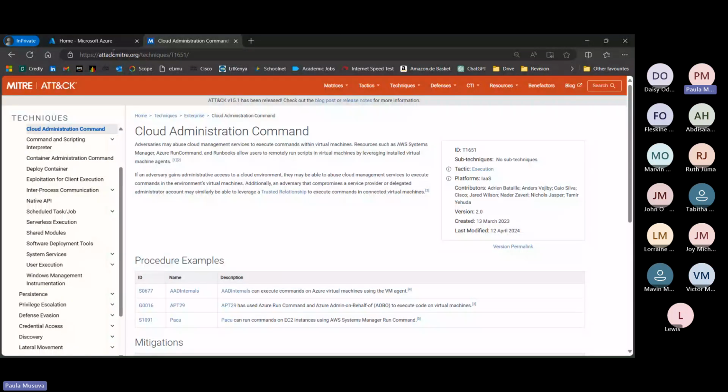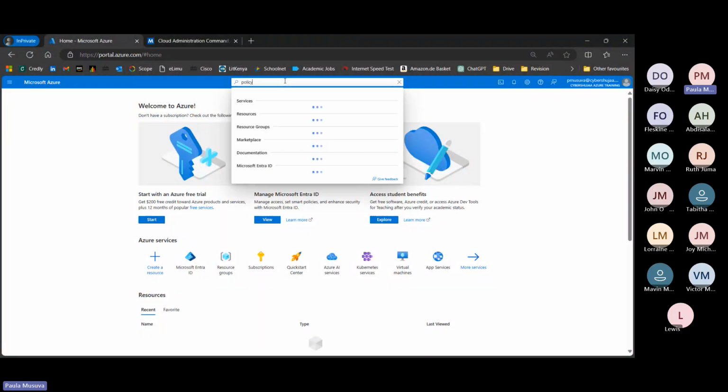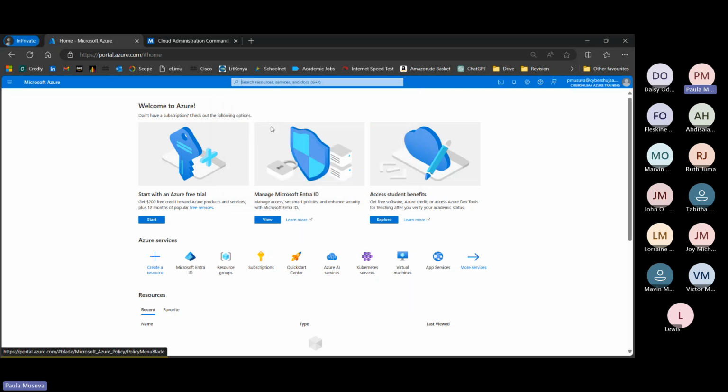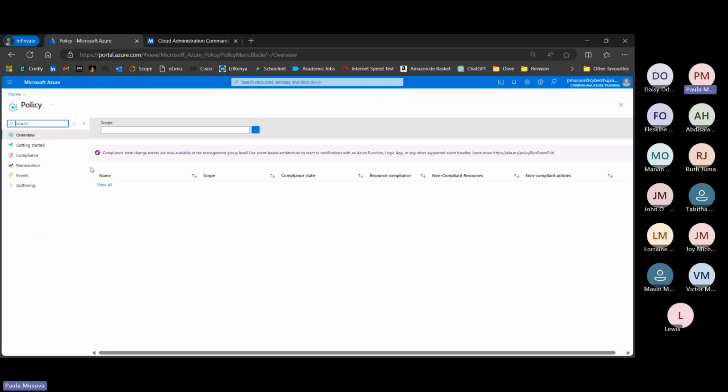Now, two things that I wanted to demonstrate. The first one was on policy. We'll pick up on this later. So I've just logged in with my Azure account on portal.azure.com. And what I've done is,